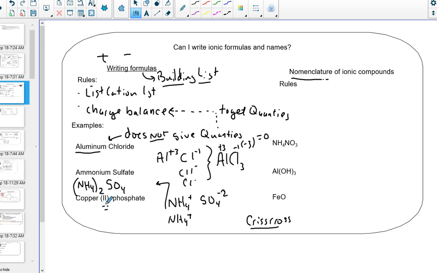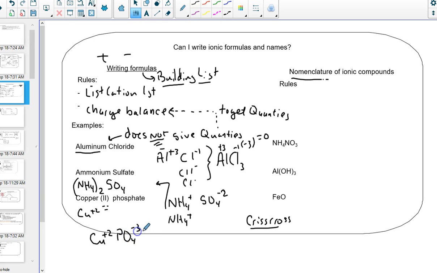That's because there's more than one version of copper. There's copper 2, which is copper plus 2. Remember, the name never ever gives quantities. So is this a quantity? No, it's a charge. It's the name of it. There is also copper 1. But I'm using copper 2 here. So Cu plus 2. Phosphate